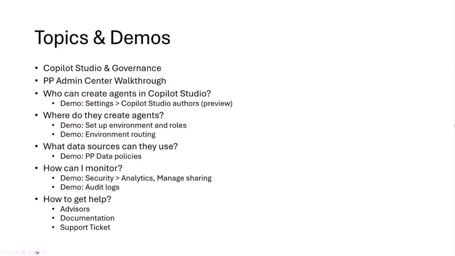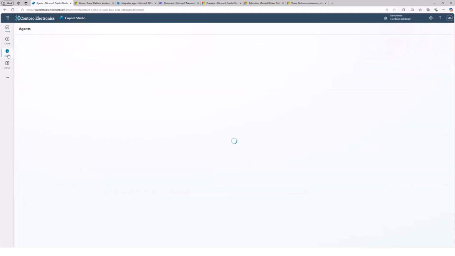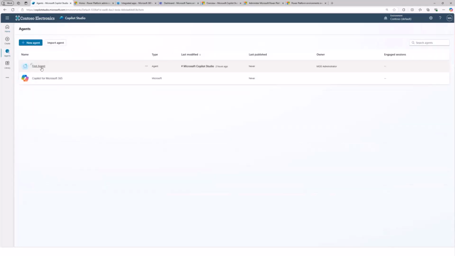All right, so let's go ahead and look into our demo. So this is Copilot Studio. This is where you can create agents. For instance, if I go to agents here, you'll see that I have created one agent that I've called myself first agent, and there is a Copilot as well called Copilot for Microsoft 365.